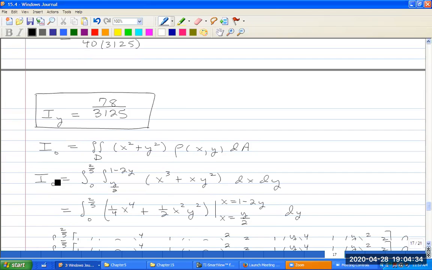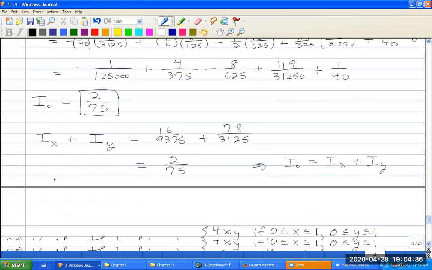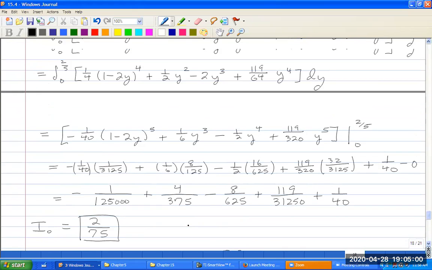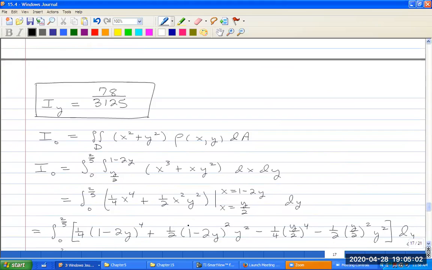Note that the moment of inertia about the origin can be found by using the fact that the sum of the previous two should give me the moment of inertia about x plus the moment of inertia about y gives me the moment of inertia about the origin. Or if you actually want to do it out,